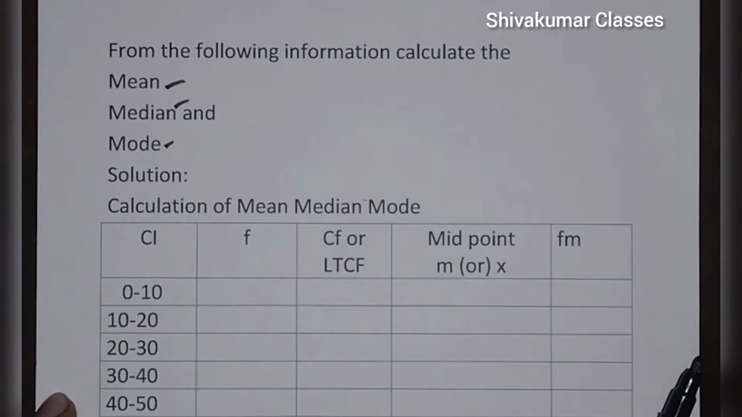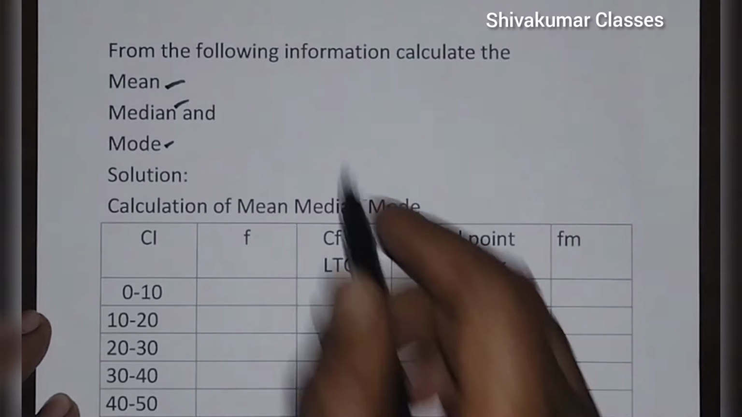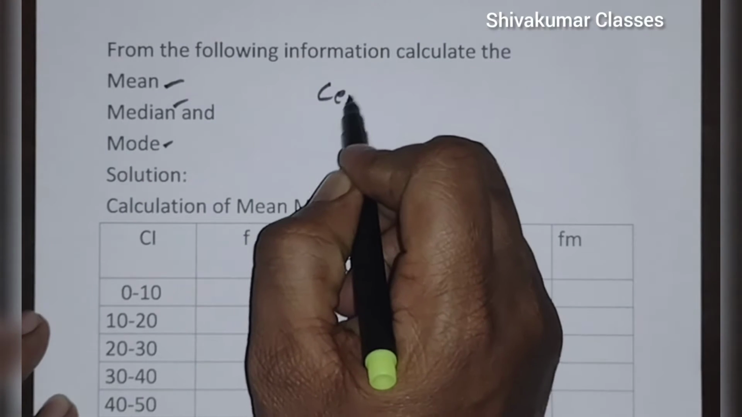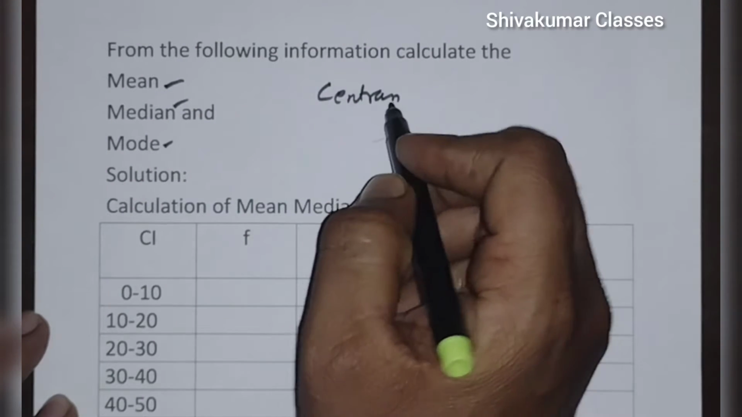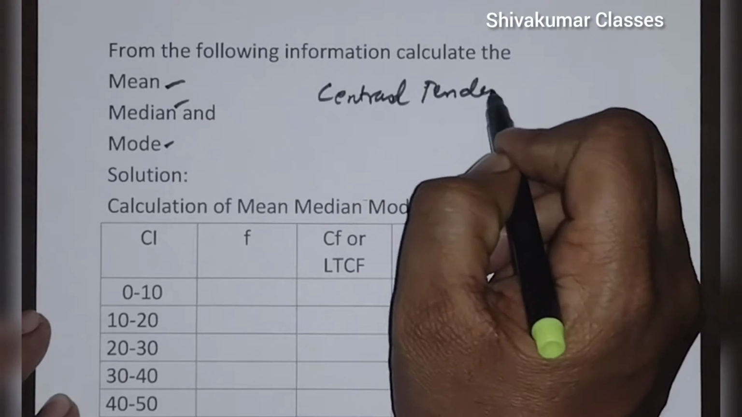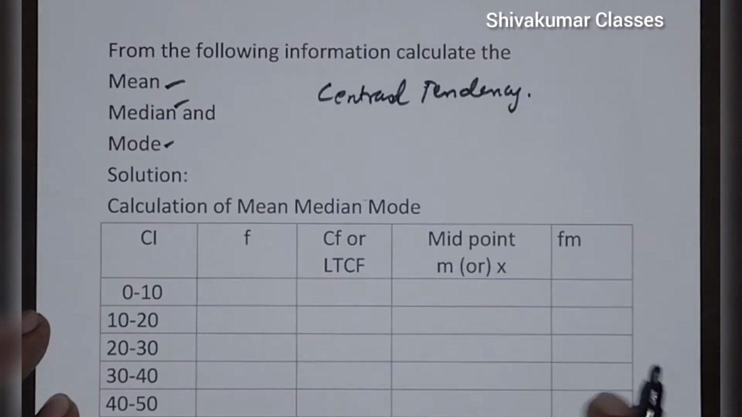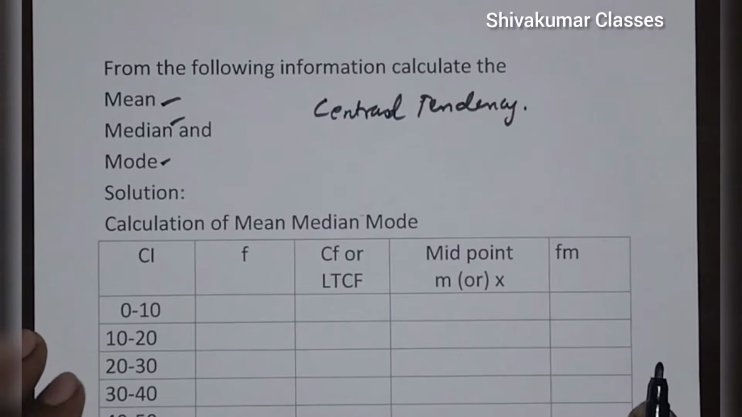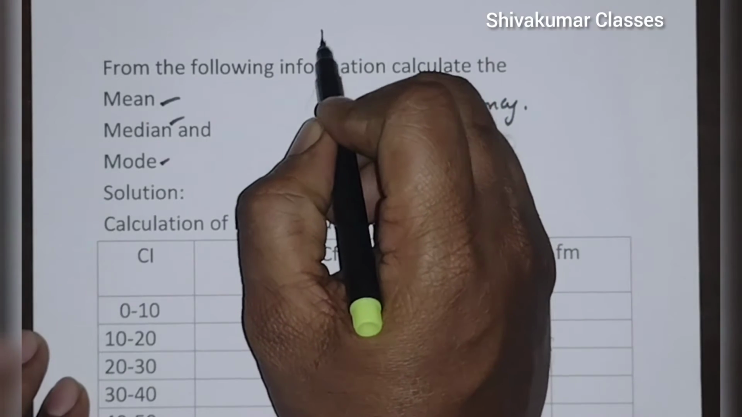In terms of statistics, the very first and foremost thing we remember is that mean, median, mode form the central tendency. This is the topic any person will remember whenever we hear the word central tendency or statistics. This is the common topic for class 11